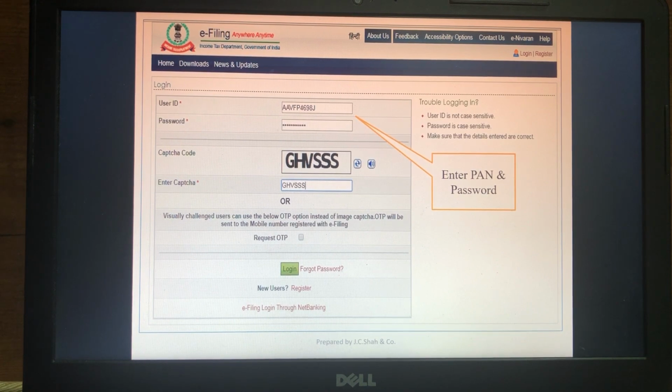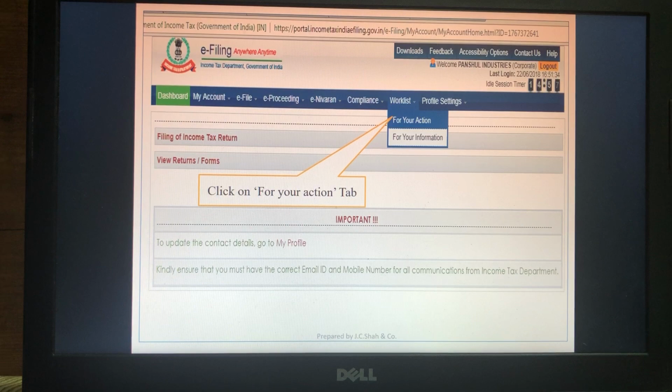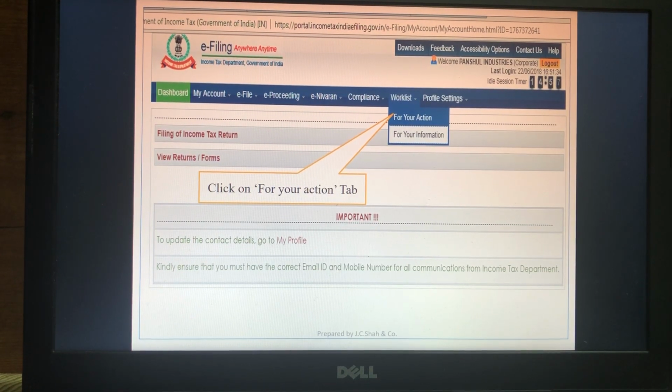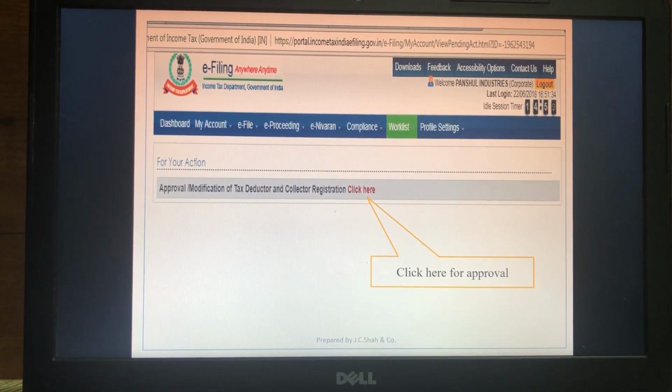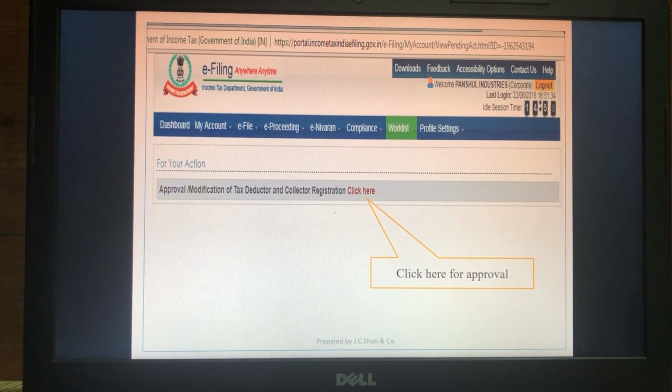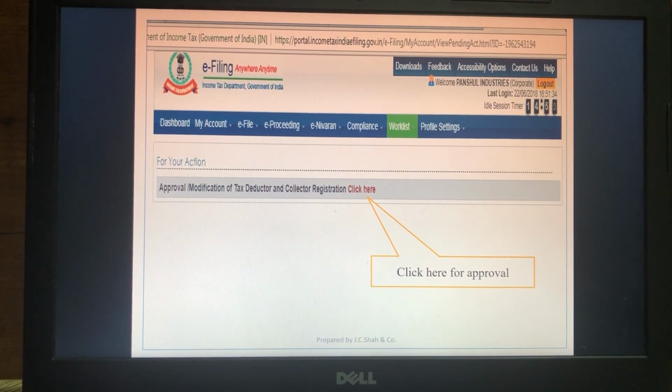Now you need to log in with your PAN login, then go to Worklist and click on For Your Action. Now you need to click here, which is highlighted in red, for the approval.